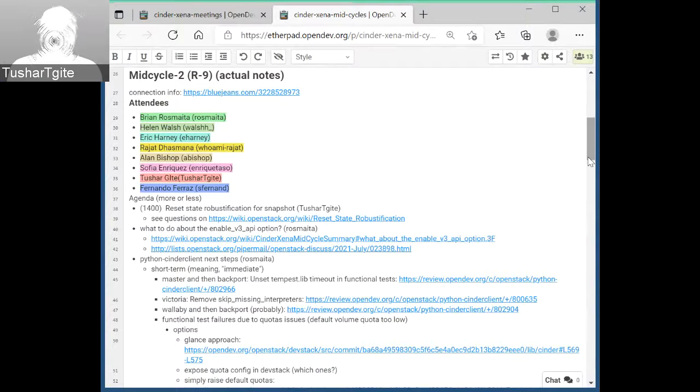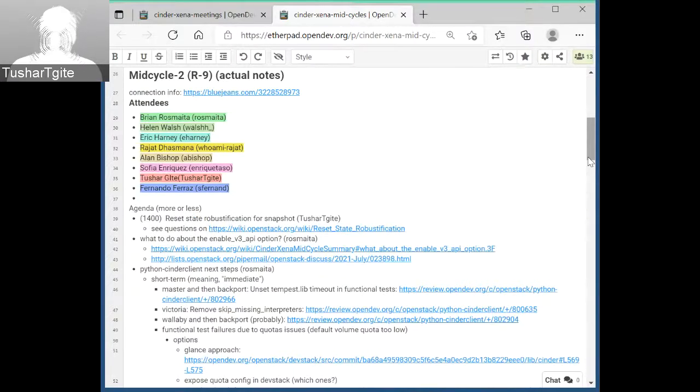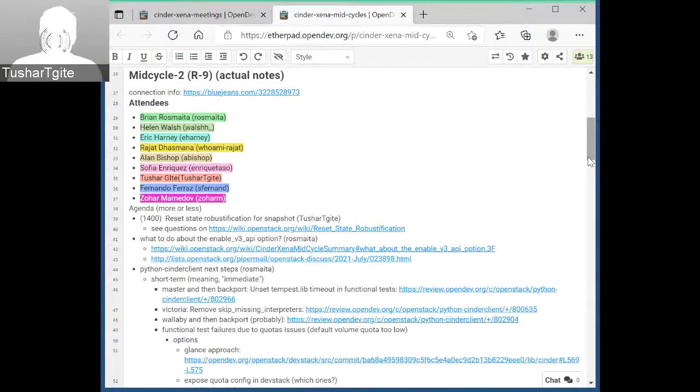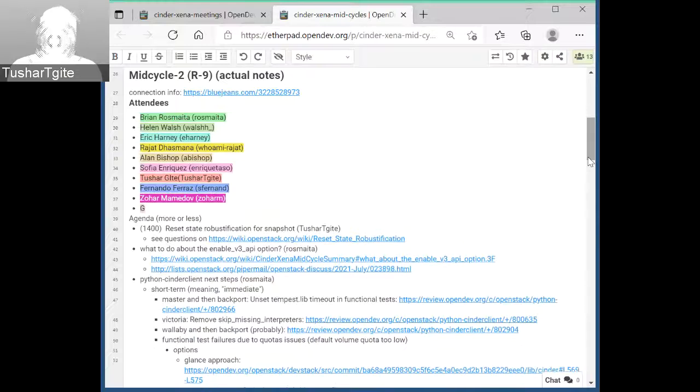We already have a policy for group and group reset state that users should not use that. So do we really need to cover group and group reset robustification in this spec? That is my question.